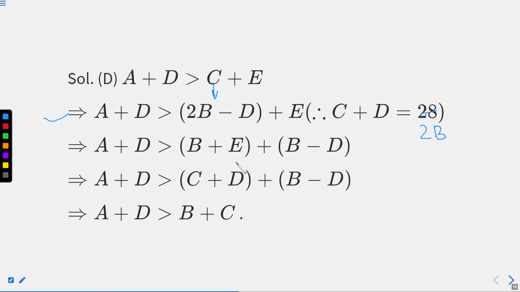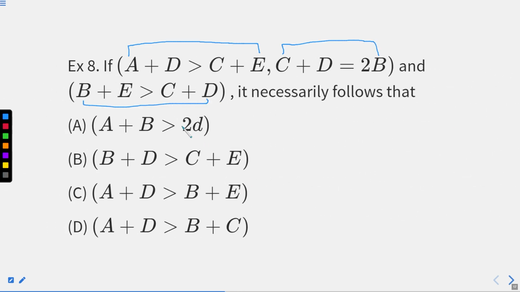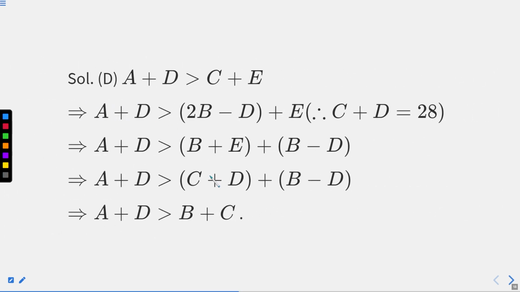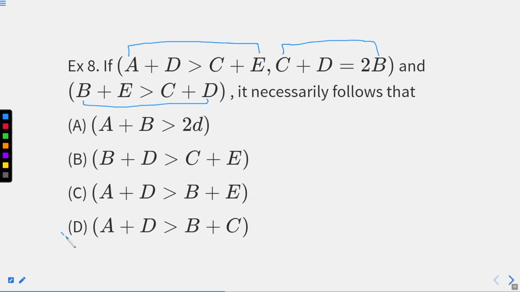Where B plus E can be written as C plus D from the above instructions, because they are greater. So this can be replaced and this will be as it is, copied. Here you know C plus D plus B minus D. What eventually we are getting, we are cutting both these answers, that is plus D will be subtracted by minus D. We are eventually getting B plus C here, which is this expression, which is somewhere satisfying the answer as well.